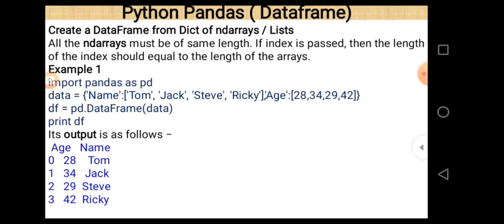And the next line, pd.DataFrame(data): when we pass data as an argument in this, the output looks like name and age, 28, 34, 29, 42, Tom, Jack, Steve and Ricky. The index values passed in a dictionary work as column names here. So that is another representation. This is the representation by which we can create a data frame from a dictionary of ndarrays or lists. So this is an example of how we can create a data frame using a dictionary of ndarrays or lists.